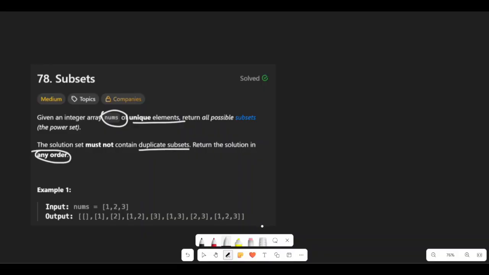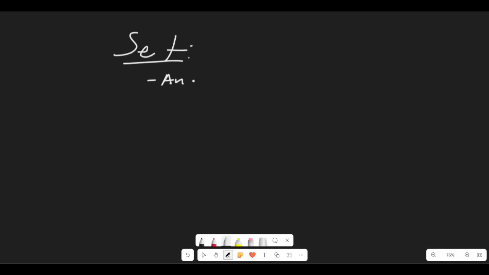So let's first start off simple, right? Let's talk about what is a subset, or what is a set first. So a set is an unordered collection of items. So this is basically what a set is, and unordered is important here because the reason why it's unordered is